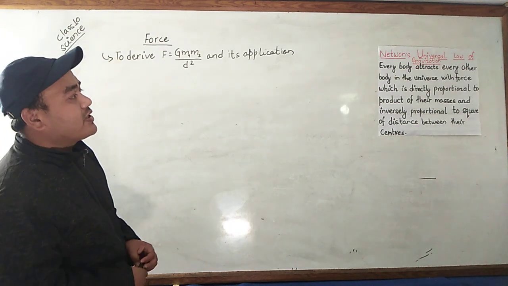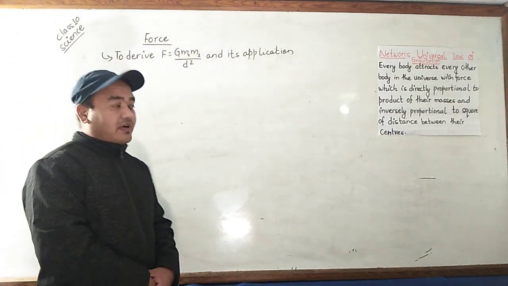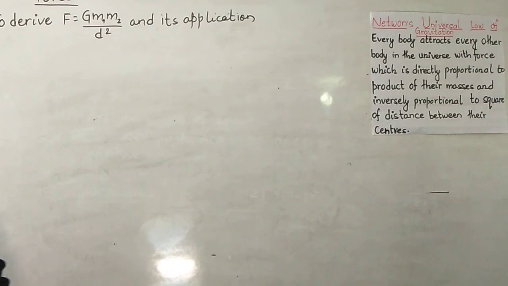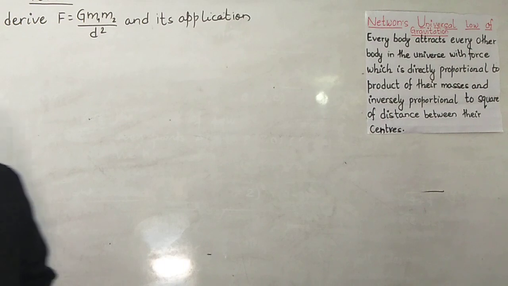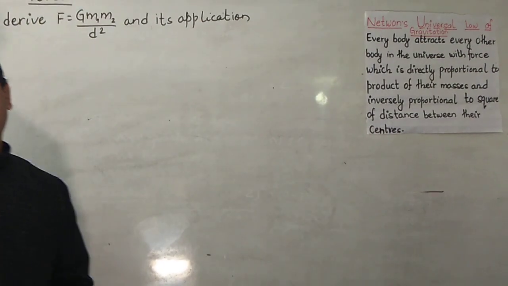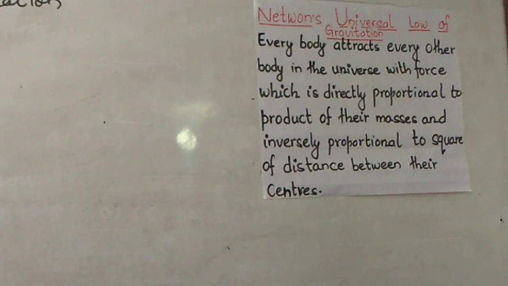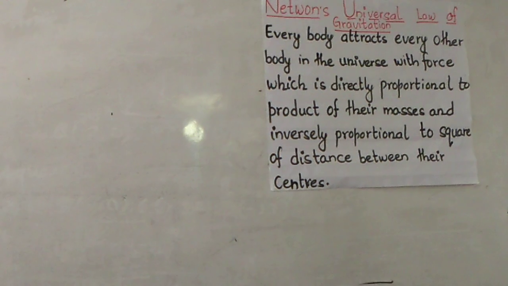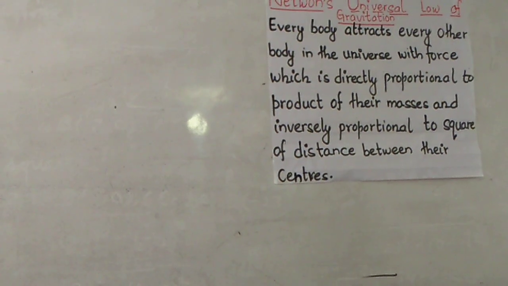According to Newton's universal law of gravitation, every body or every object attracts every other body in the universe with a force which is directly proportional to the product of their masses and inversely proportional to the square of distance between their centers. So now by applying this law, today we are going to derive the